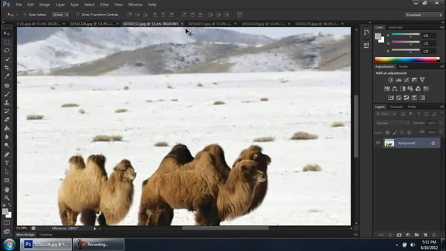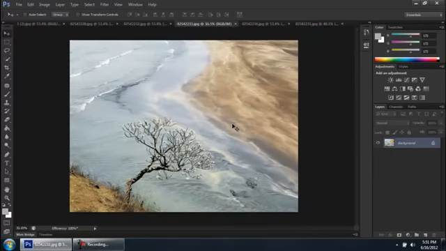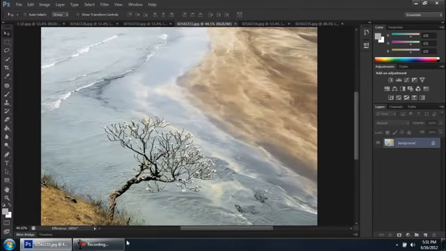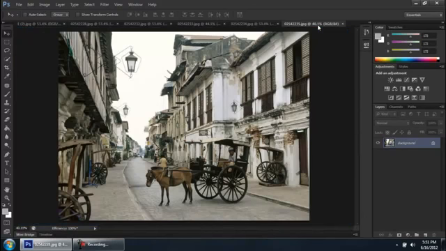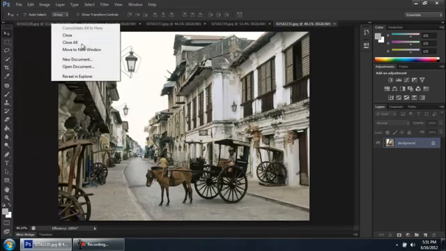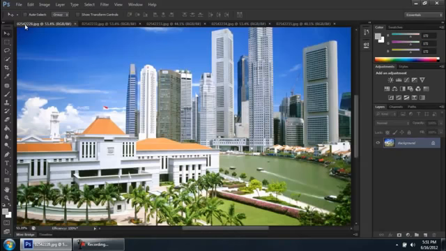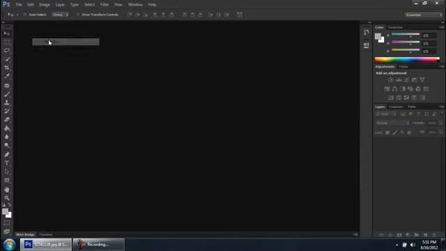Now he may be using Adobe Camera for this option, but what I feel is that Adobe Photoshop also has a few options that can get the work done. For that reason, people, I'm going to close my entire thing. I'm going to right-click on one of the images and do Close All, which will